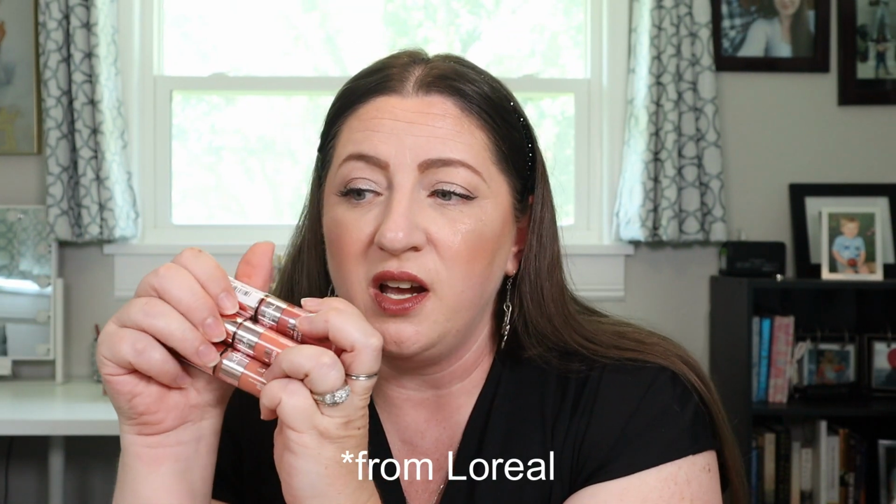I so much more prefer these. The Lumi Lay Liquid Blush. We've been seeing a bunch of liquid blush coming from the drugstore. Maybelline did the Sun Kisser blushes. We got the Essence ones. We have these ones. Who else am I missing? But these probably were my absolute favorite of the releases of the liquid blush that are from the more affordable